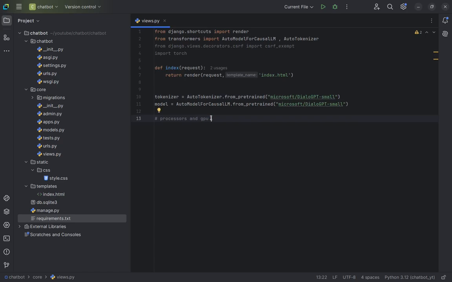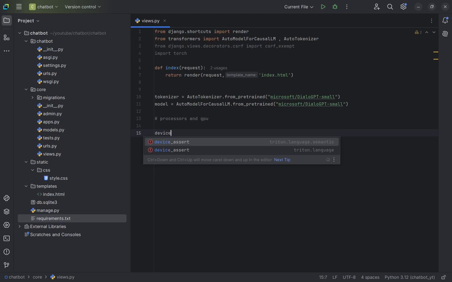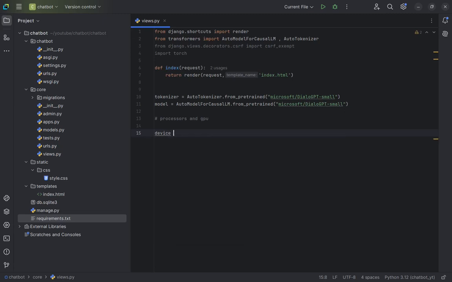But if you don't have a GPU, then we are going to serve this model by your processor, because a processor is available in all computers or laptops. Without processors, computers or laptops are useless. So now we have to make a condition. So here I am going to make a new variable by the name of device. Device will be equal to